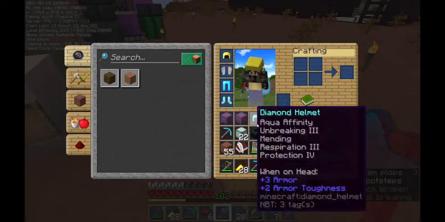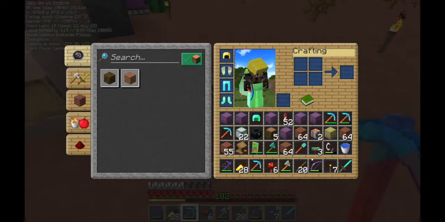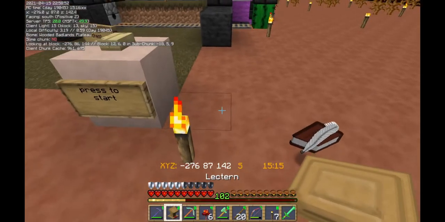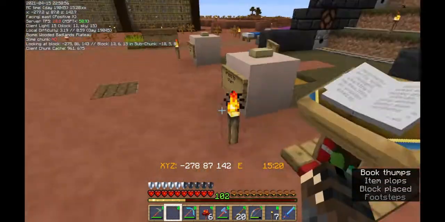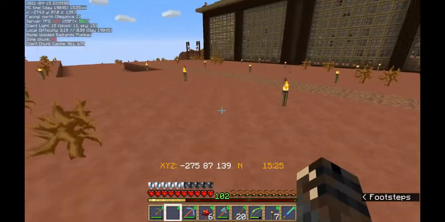I'll just pick up the book first. When it's the lectern, I need to put down first. I think it should be alright here, and then put that there. And let's